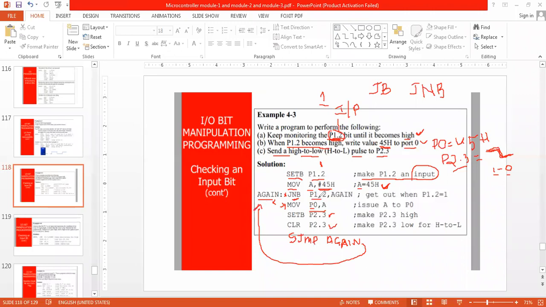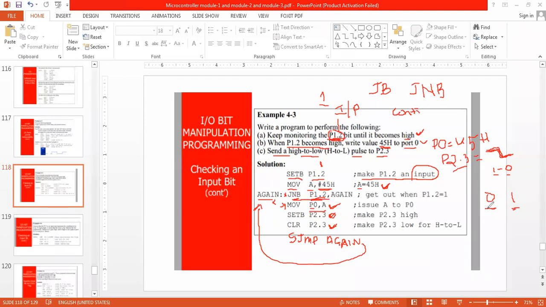Now, as it is an input, the value may be 0, the value may be 1. I don't know. If the value is 0, then I will not execute these 3 instructions. If the value is 1, then only I will execute these 3 instructions. And again I am going to check P1.2.